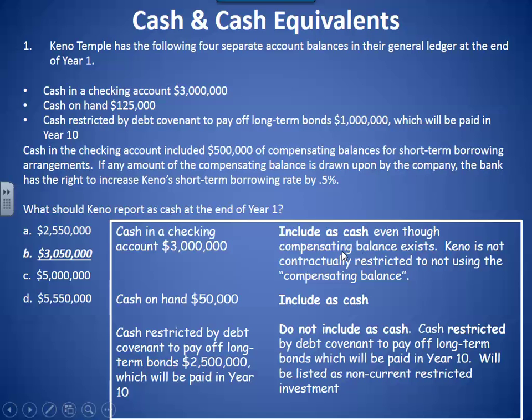Even though a compensating balance exists, Keno is not contractually restricted from using the compensating balance. If the compensating balance is used, Keno's going to have to pay a slightly higher rate, but they're not restricted from it. Number two then, cash on hand, and that should read,